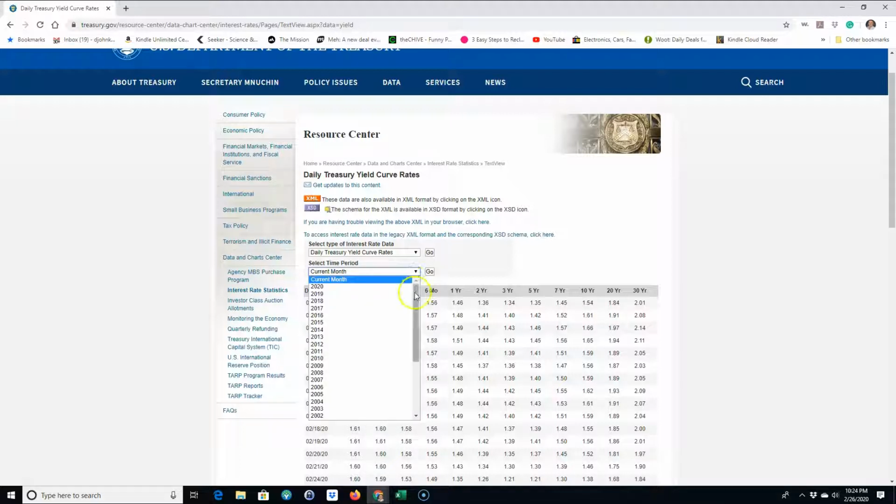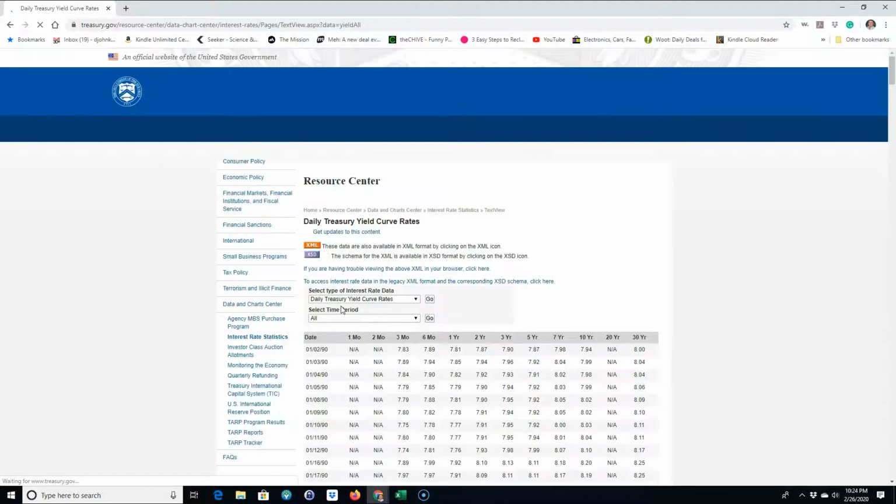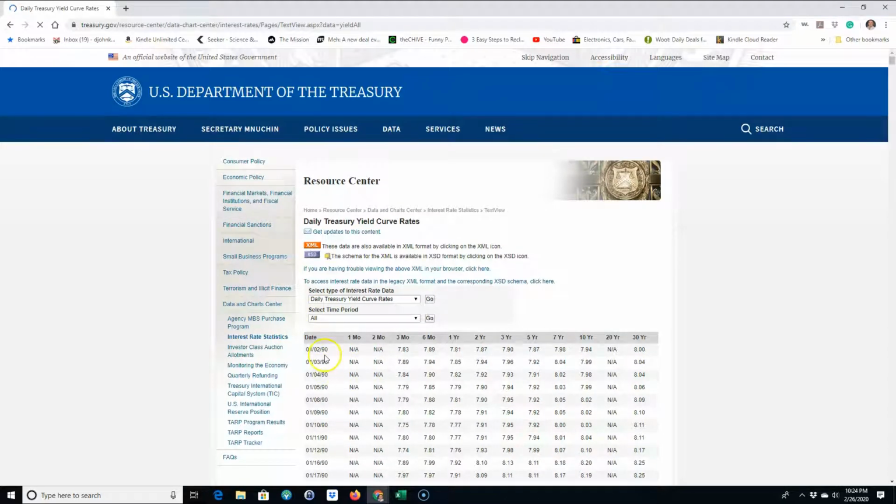So let me click here, go all the way down, choose all, and go. You can see it's working down here. It's going to take a little bit, and you've got to let it think for a while. It's going to get a lot of data for us, all the history. When it finally finishes, it goes all the way back to January 2nd of 1990, and if you scroll down,